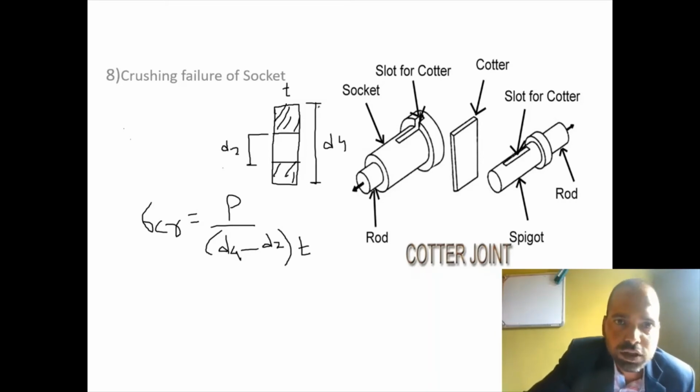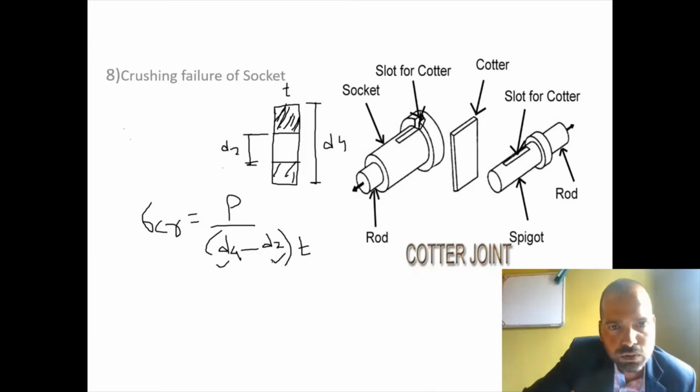So this much is d4 and we have to subtract this area d2 and multiply by t. So this area shown by hatching line will be subjected to crushing only due to cotter and compressive load acting on this component. So from this equation, diameter d2 was known,